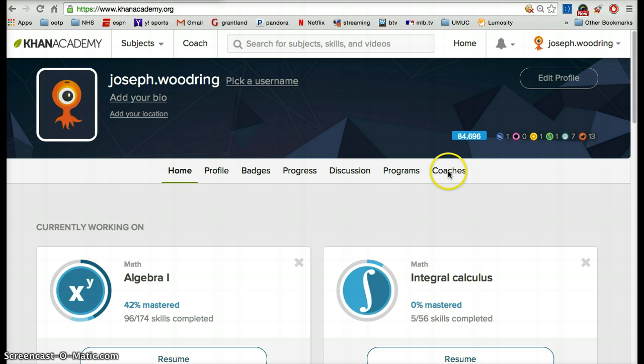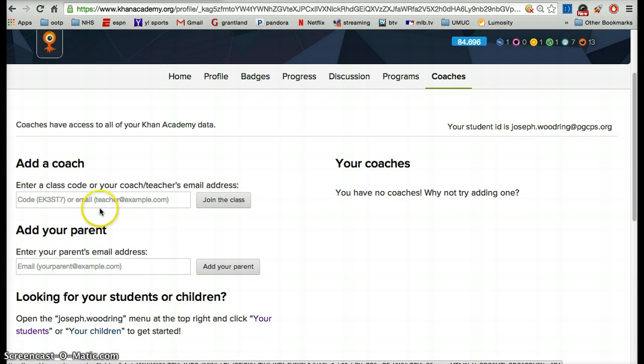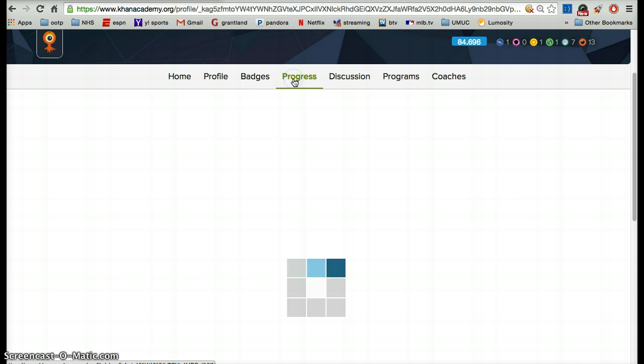Basically, if you click on coaches right here, when I generated my classes, I was able to generate codes for them to join the class. So they would type the code in here, click join the class, and then it shows up with my name here as a coach. And I'm signed in on my teacher account, so you can't see that right now. But basically what I'm able to do as their coach for my students, if I click on the progress button here,